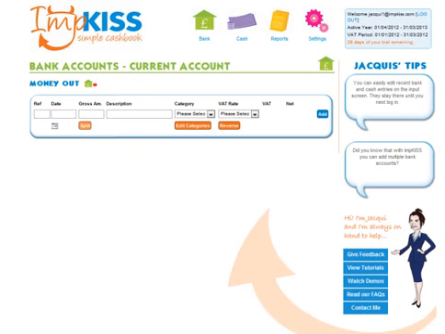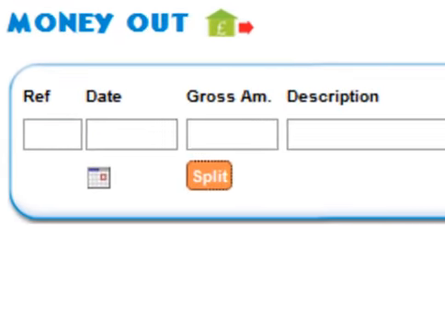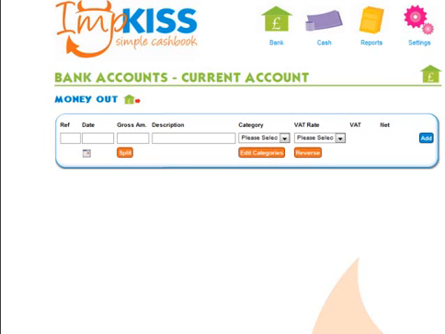the split key. The split key can be found on the basic input screens under the gross amount box. So to record a split transaction, first of all I'm going to put in a reference, I'm going to put in the date, and the amount to be split is £500. Right, at this point I'm going to click on the orange split button and that will bring up the split